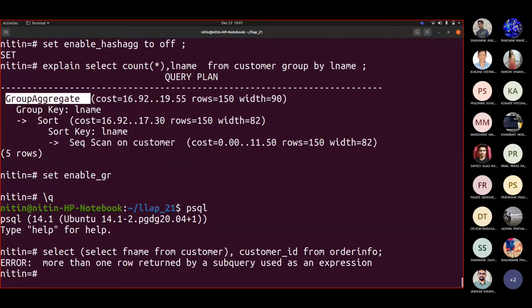Now let us see what exactly it is trying to tell us: more than one row returned by a subquery used as an expression.